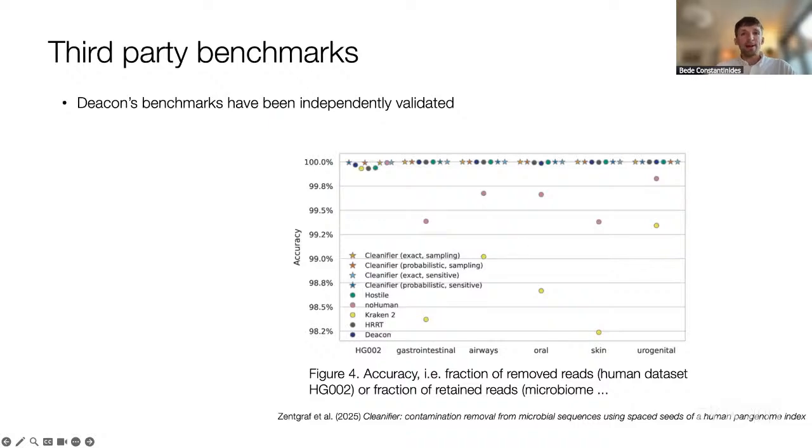There was a lovely paper recently describing a conceptually similar approach to Deacon, but with a very different implementation, which I had the pleasure of reviewing. The authors benchmarked Deacon and showed that their approach and Deacon are both considerably more accurate than Kraken-based methods, which was reassuring and validates the analysis I was just referring to. I should say that Deacon has improved rather a lot since this benchmark and is now considerably faster, for example, than their figures suggest. But in my opinion, in terms of accuracy, both of these tools are in similar territory, and I think are good choices for panhuman depletion.